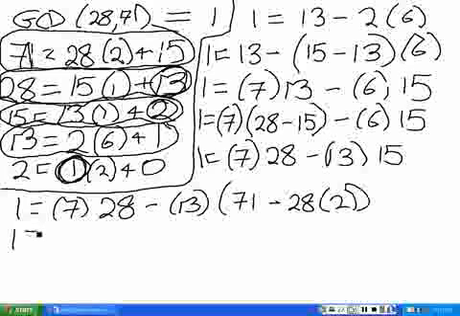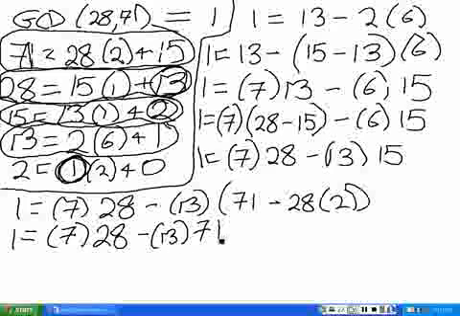So this gives me 1 is equal to 7 times 28 minus 13 times 71, and then this is plus